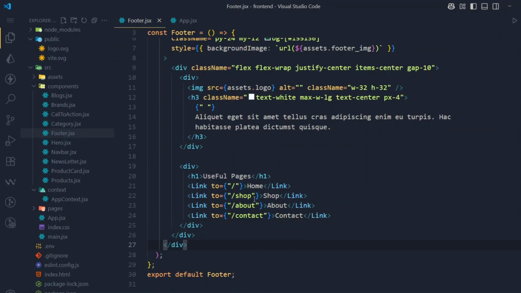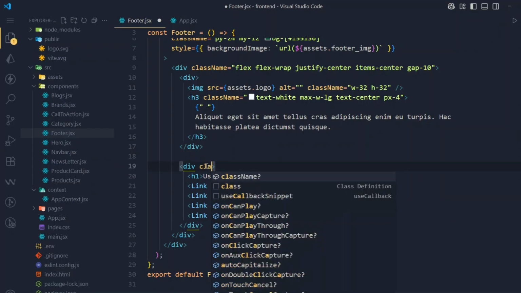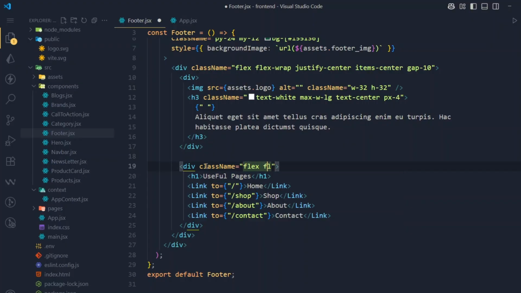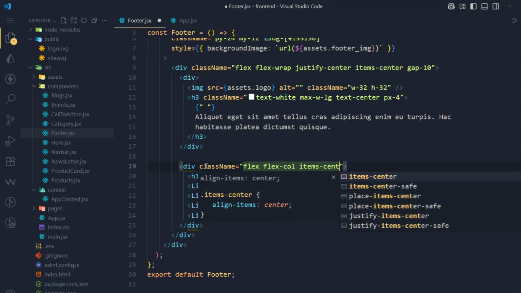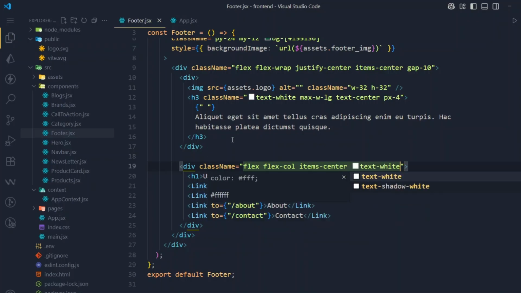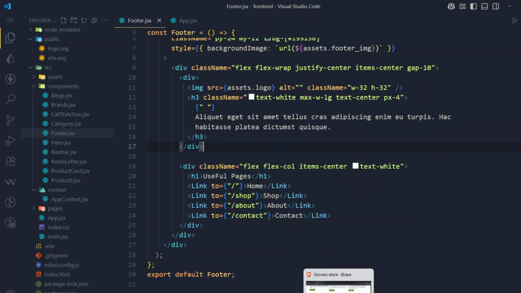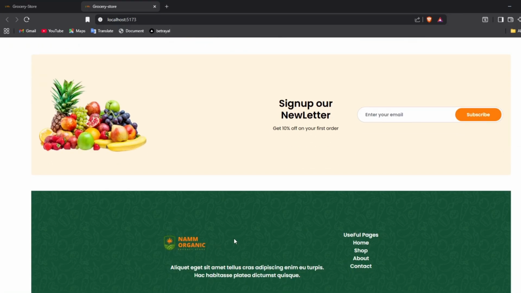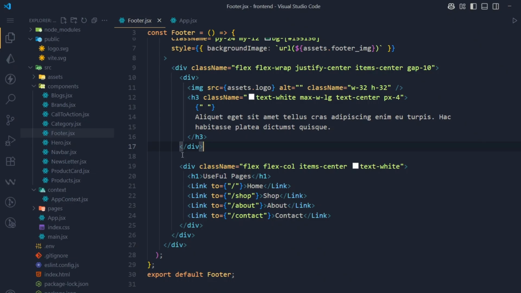Okay, this is done. We need to apply some classes here. Flex will be column, items will be center, and text will be white. Okay, let's visit our browser. So here you can see we have two columns. This is first and this is second. We just need to copy this useful pages div. So let's do this. I am going to duplicate this,